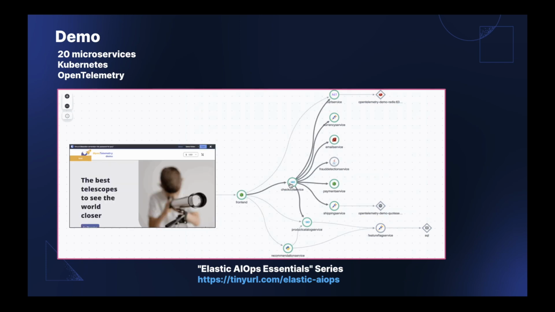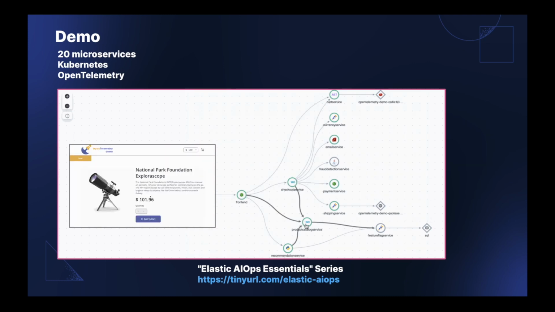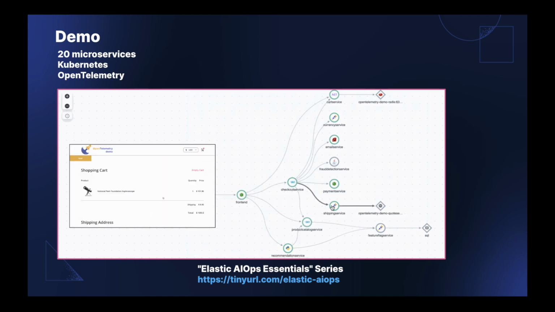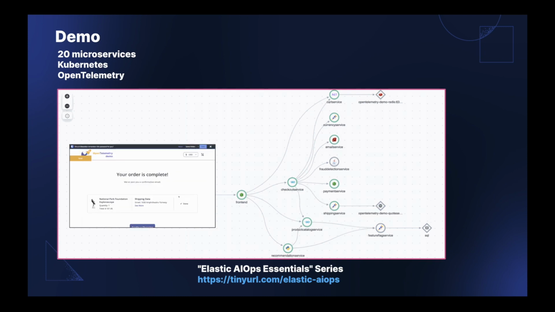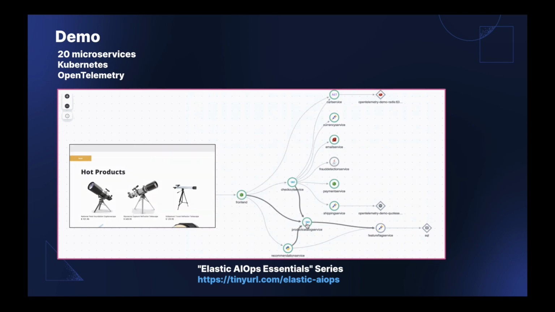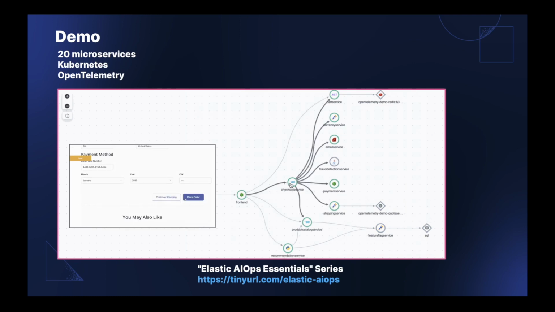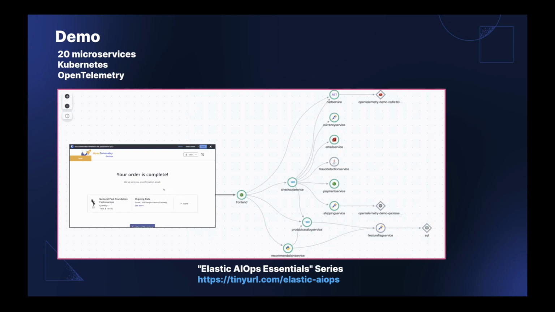We'll use 20 microservices from the OpenTelemetry demo. We have a front end, and this front end will obviously generate several events. Those events propagate through these 20 microservices. This is all deployed in Kubernetes in a scalable environment, but none of this stuff matters, because